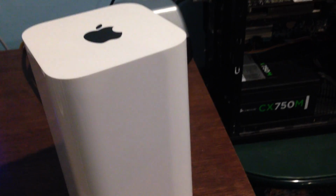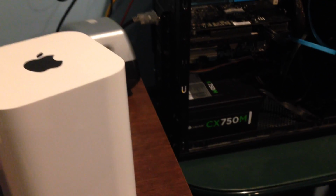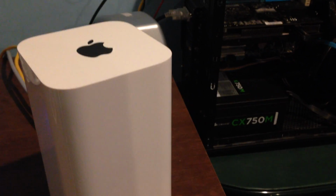115 to 126. Now if I go one floor up, it drops to maybe 80, and then two floors up, I've seen 40. And now remember, I'm in my basement here, and a lot of people